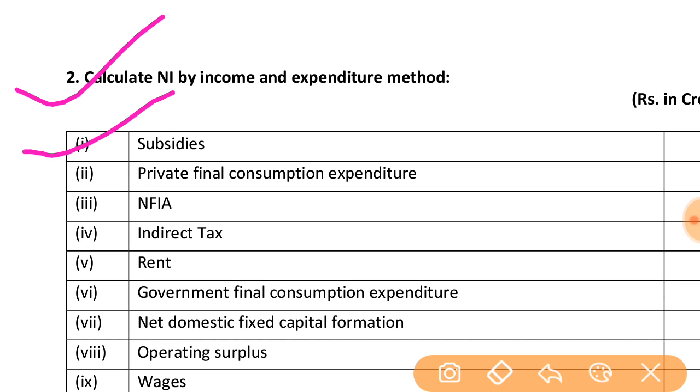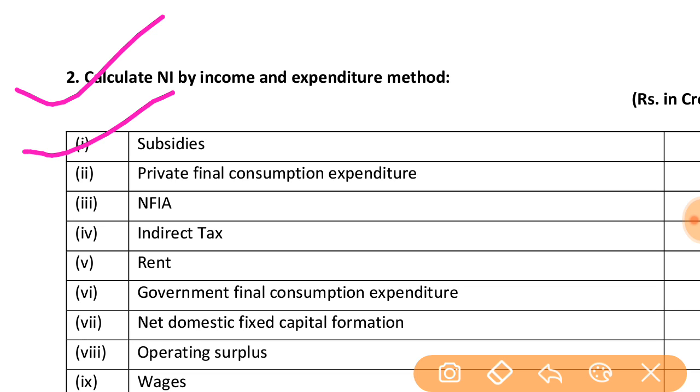Subsidies. So we all know what subsidies are. Subsidies are actually a sum of money granted by the state or a public body to help the industry or business keep the price of a commodity or service low, so that they can sell their products. A farm or industry can sell their products at a low price, though their cost of production is high, with the help of the government. Sometimes the government pays some subsidies to help them get the cost price.